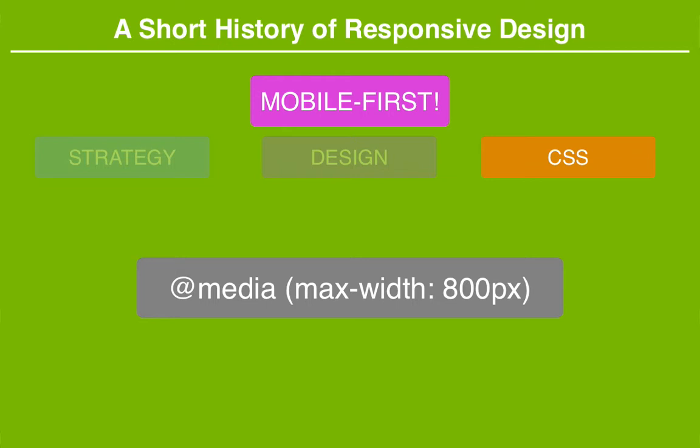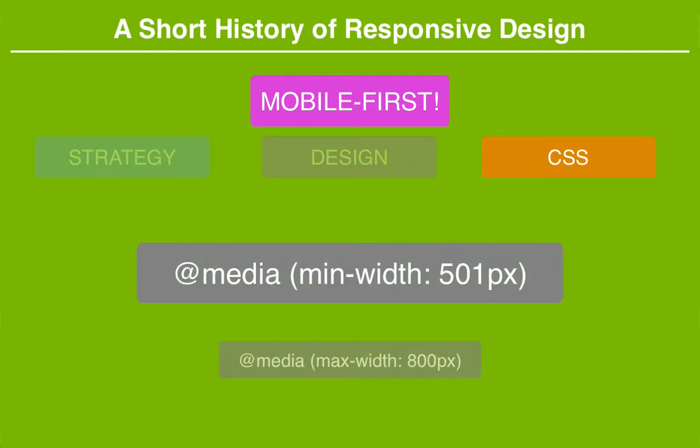Now, ultimately, we found that it made more sense to use min width because that allowed us to cascade breakpoints as the screen got bigger. So if the screen size has a minimum of 0 pixels width, that is, it's the smallest screen possible, we're going to use the smallest image possible. And then if the screen is at least the size of a tablet, that is, has a minimum width of a tablet, then we're going to use a medium-sized image. And then if the screen has a minimum width of what we would see in a desktop, then we're going to use a large image.